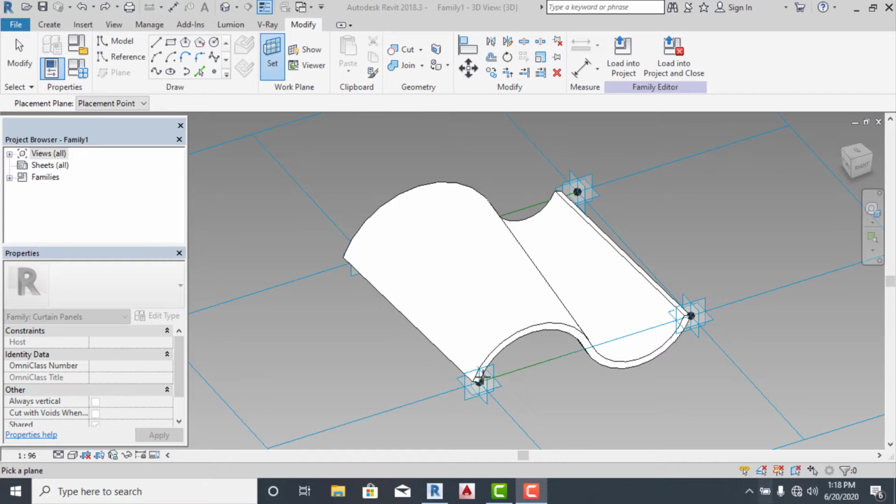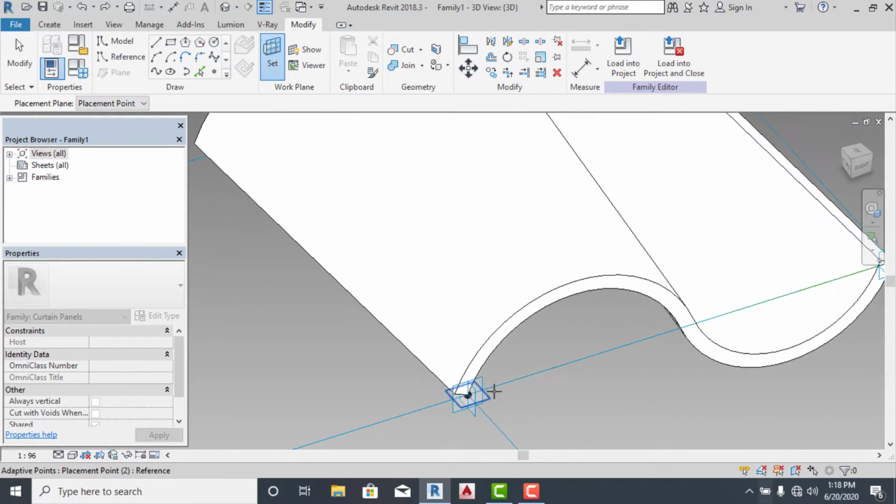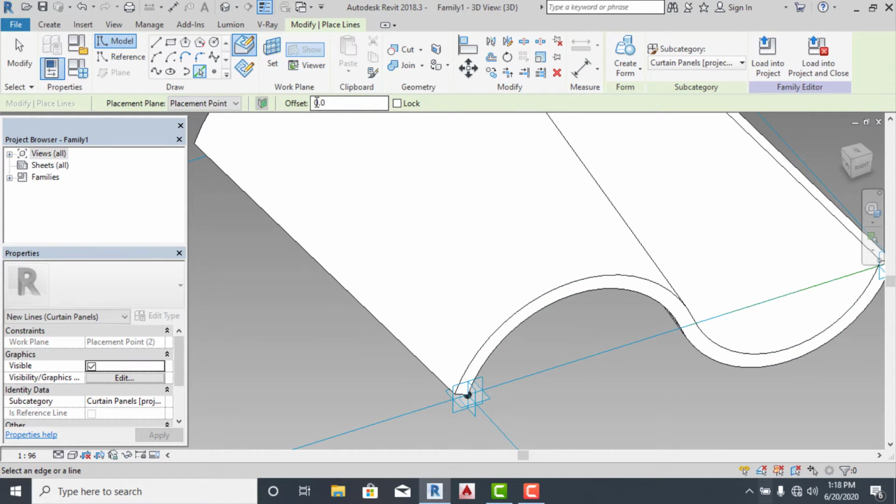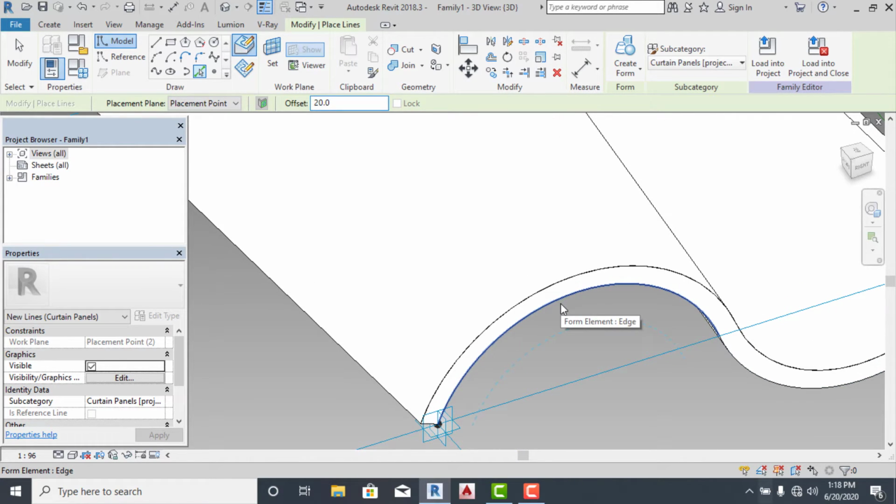The next thing to do is to provide a guide for our Spanish tie. To do that, go to Set, click on this plane, go to your Pick Lines, click on it and click on this line to unlock and click on this line to unlock. After unlocking these lines, go to your Pick Lines, go to Offset, change your offset value from 0 to 20. After changing it, go to the bottom curve, offset it downward this way. Sorry, Ctrl Z this way.